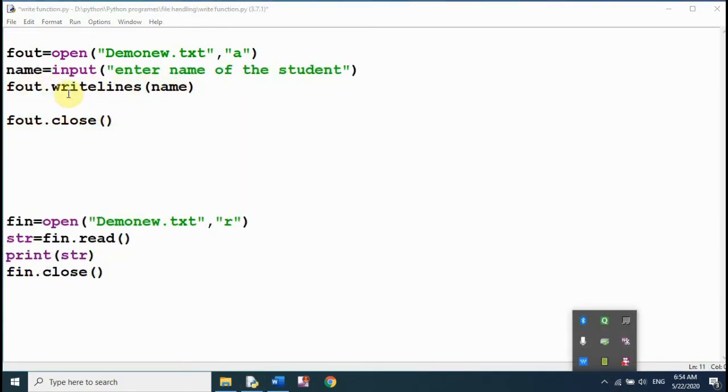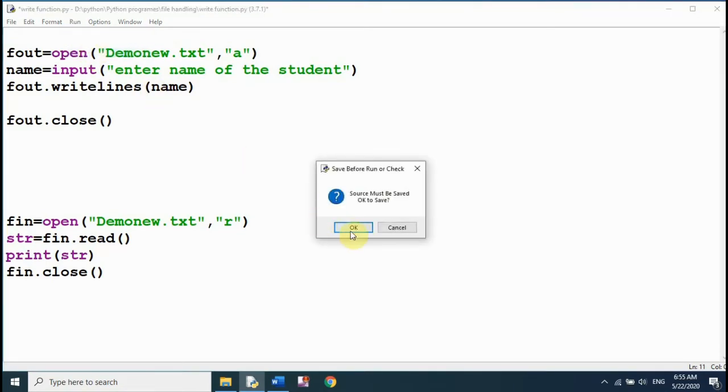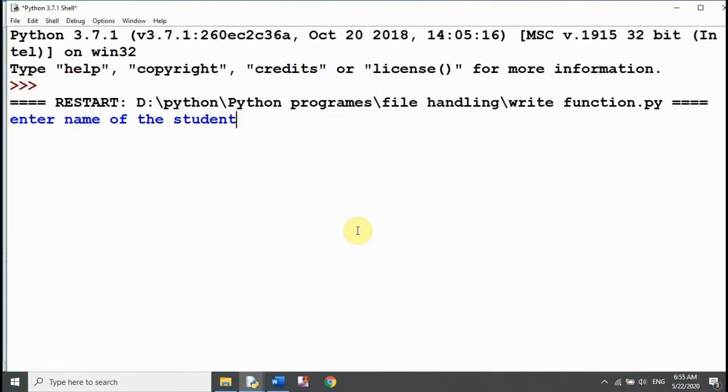Our next method is the writelines method. Let's run this program and check how it works. Now we have entered this name and it is here in the file.